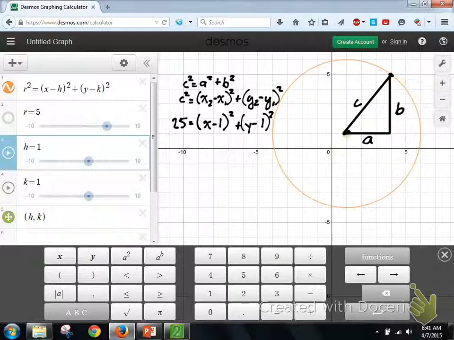Okay. So right now, I want you to take a moment, talk with your neighbor, and explain how we figure out the equation of a circle from the Pythagorean theorem. Ready, set,